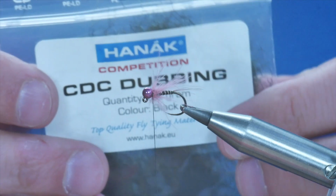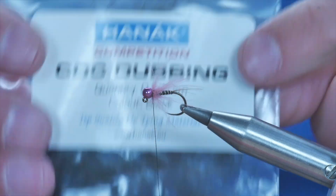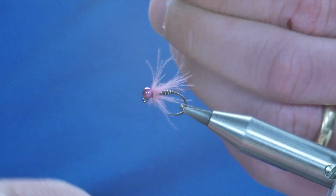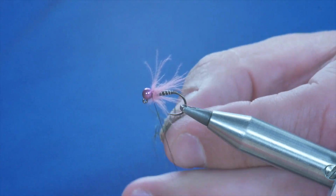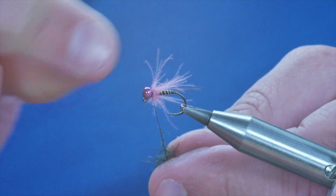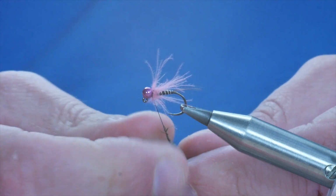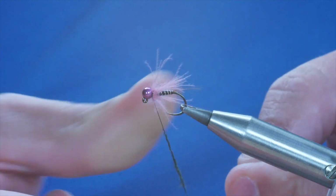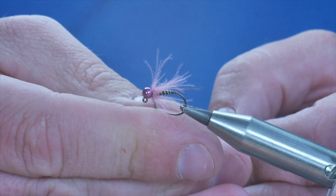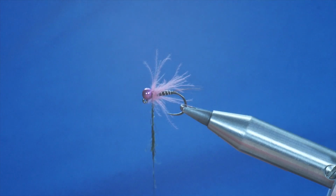Right, we're getting there. So to finish off then, I'm going to use some CDC dubbing. It's a great material, this. What it does is it traps air bubbles. You don't need very much for a collar, and when this flies under the water, you can see little bits of air bubbles that's trapped by the CDC, and it looks really good. So I've dubbed on a bit of that, dressed it up to the bead,